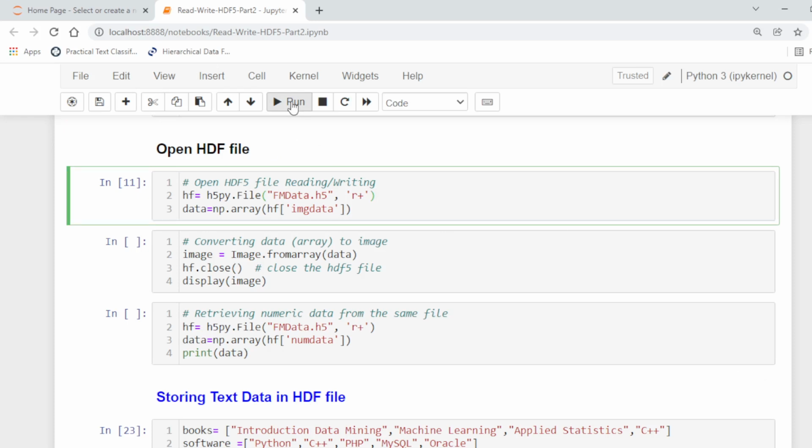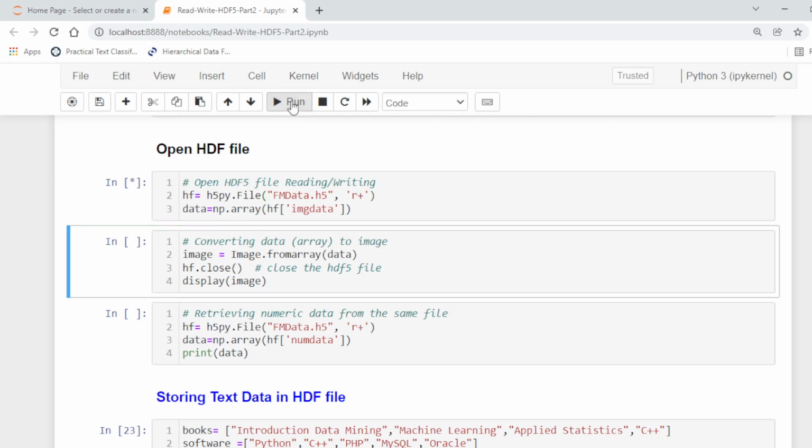Then we retrieve the image data set which is related to the image stored in it, and then again we convert the data into an image using the from array method. The from array method is used to convert the retrieved data into the image, and then we display that image here.